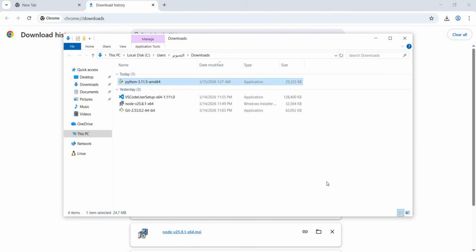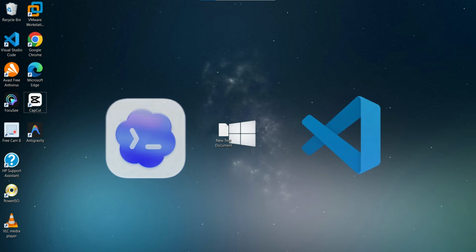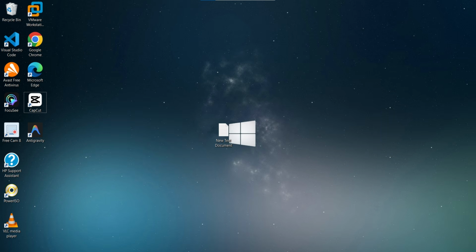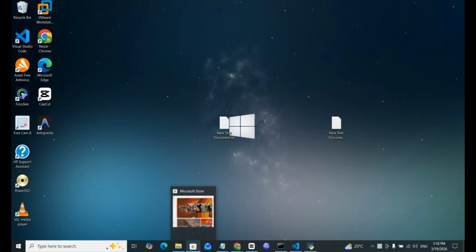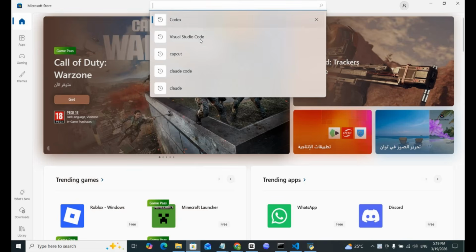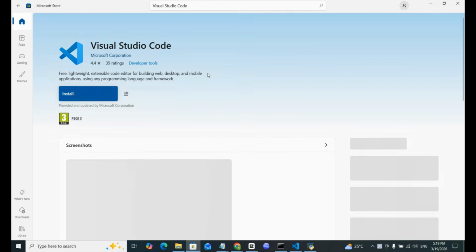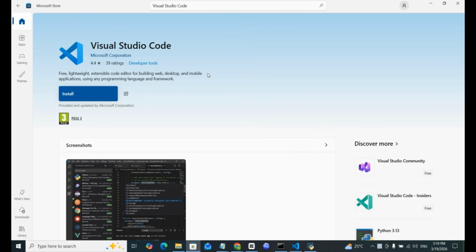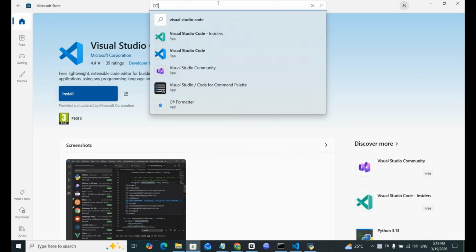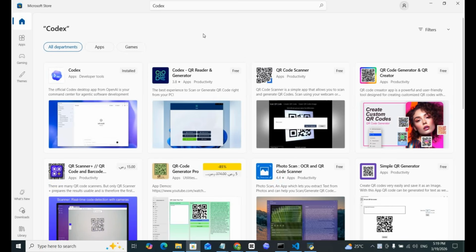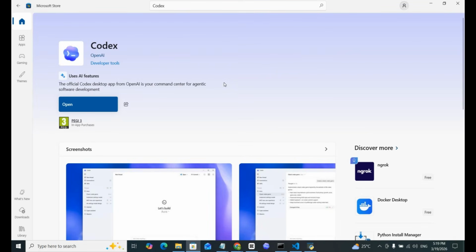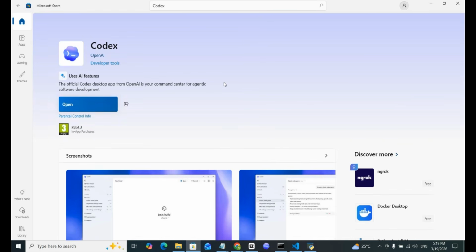Now that we've successfully installed Python, let's make sure we have our environment ready by installing Visual Studio Code and Codex. If you don't have them yet, don't worry. The process is very straightforward. Simply head over to the Microsoft Store. Search for Visual Studio Code. Click Install and wait for the setup to complete. Next, we'll do the same for Codex. Type Codex into the search bar. You should see a Get button. Click it to begin the installation. On my screen, it says Open because I already have it installed, but for you, just hit Get and wait